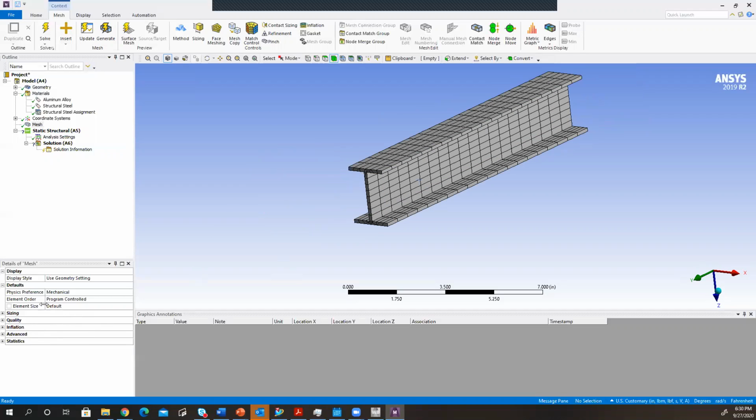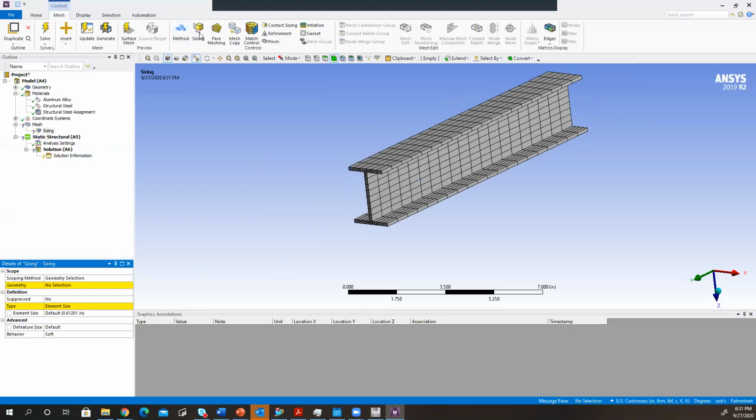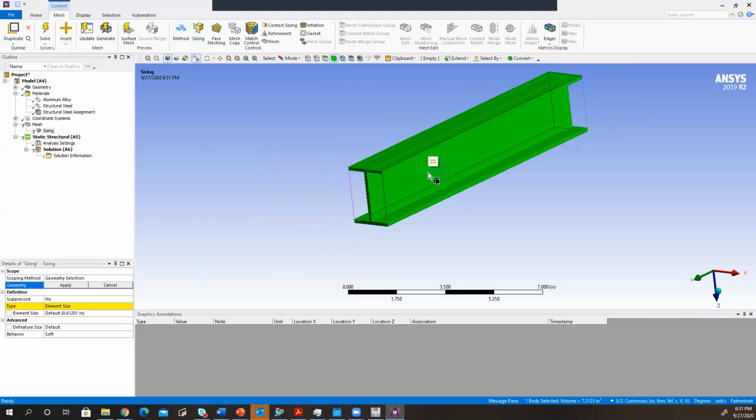So here on the bottom left, I'm just gonna go under sizing, and then scoping method. I'm gonna be using selection, geometry. I'm gonna select the entire beam, apply,